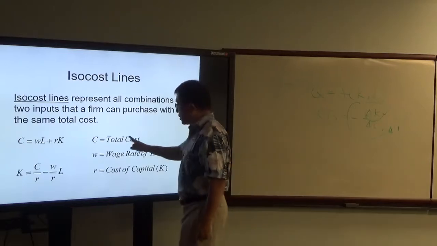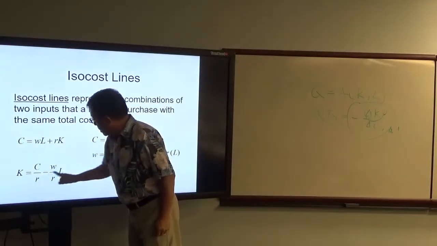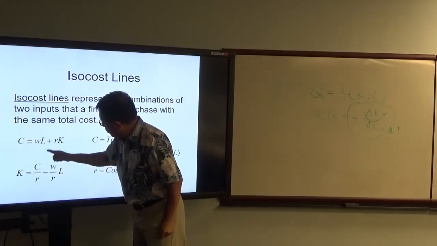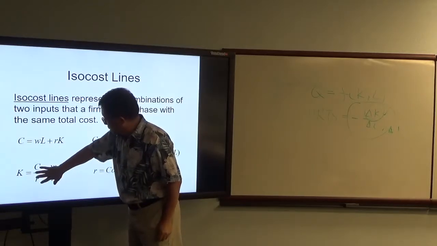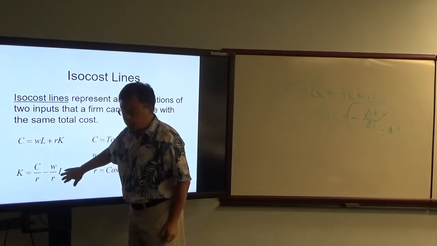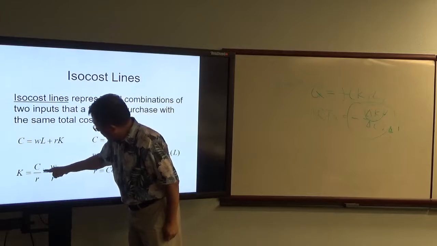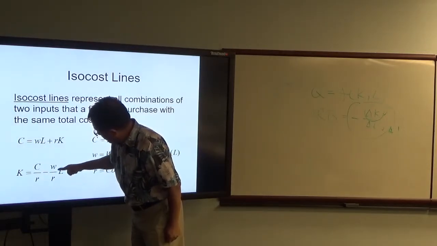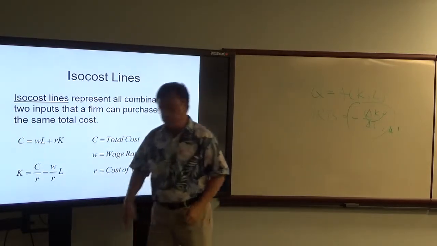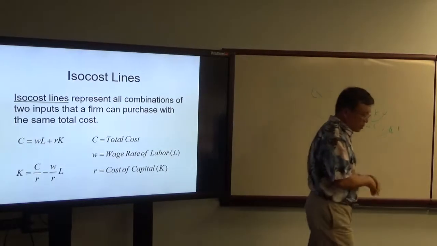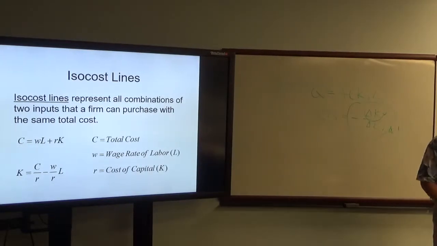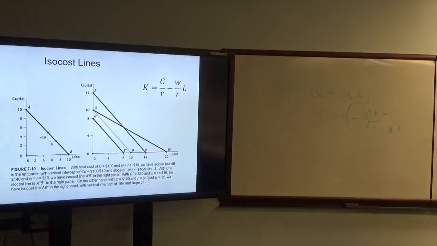And the slope of this one, if we write it in intercept and slope form, you find the slope is equal to negative W divided by R. W is what? The wage rate. R is the price of capital. So the optimal solution here